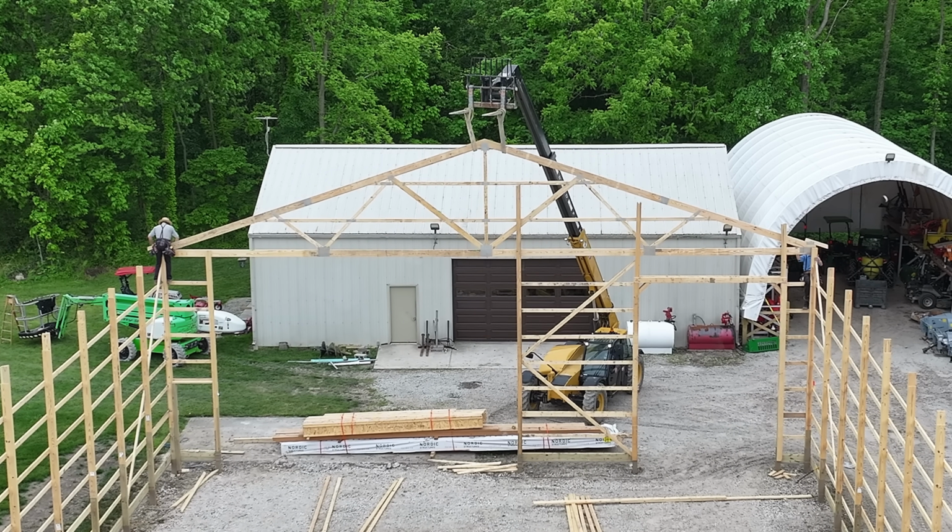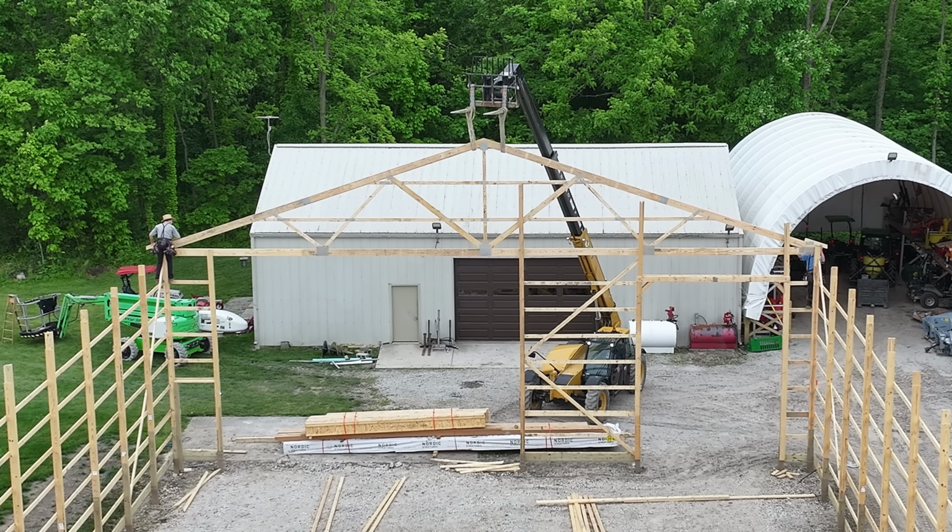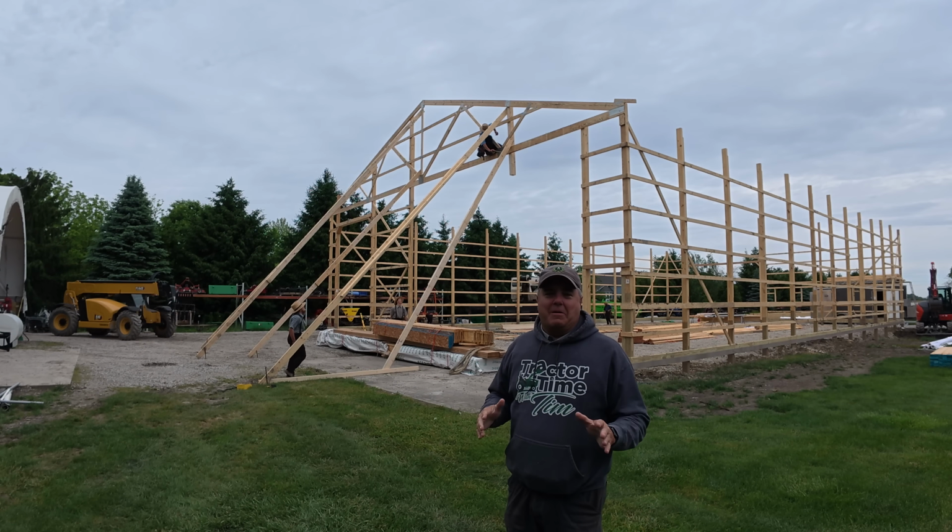Obviously a novice telehandler operator. I kind of ran into the truss there at one point, but I'm probably about as good as they are,